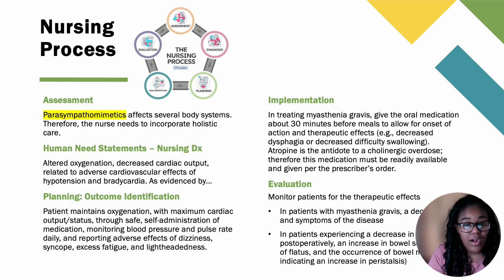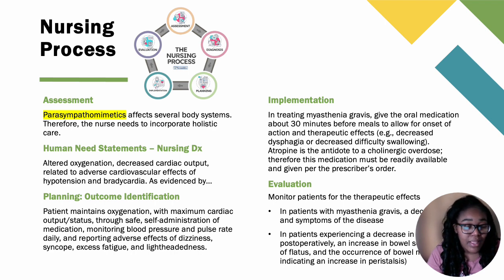And again, this is our assessment piece in which we will take care of our patients. So again, anytime we administer drugs, we do need to assess our vital signs and document particularly what the baselines are for the vital signs. So you look at your oxygenation, you want to look at pulse, you want to look at all of your vital signs to make sure that you're administering these medications in the appropriate way. As we know, parasympathomimetics affect several body systems, so you have to have this holistic approach with your physical assessment and vital signs in order to make an informed decision and to be able to report to the healthcare provider